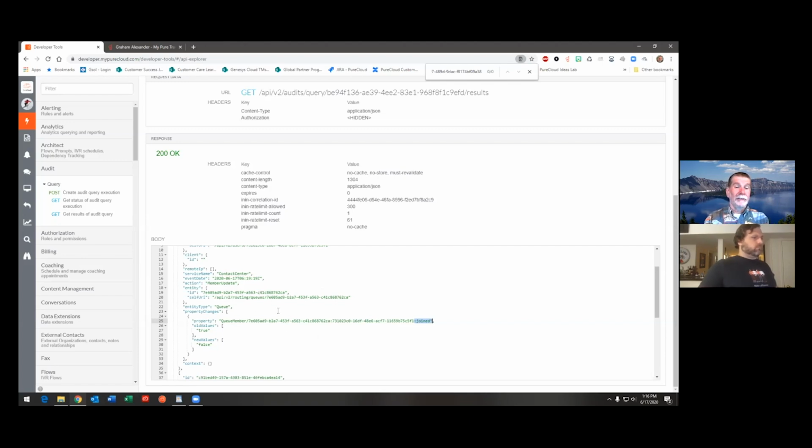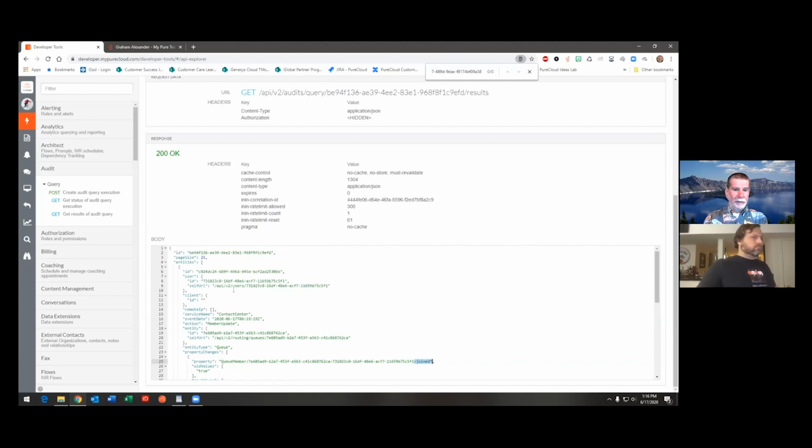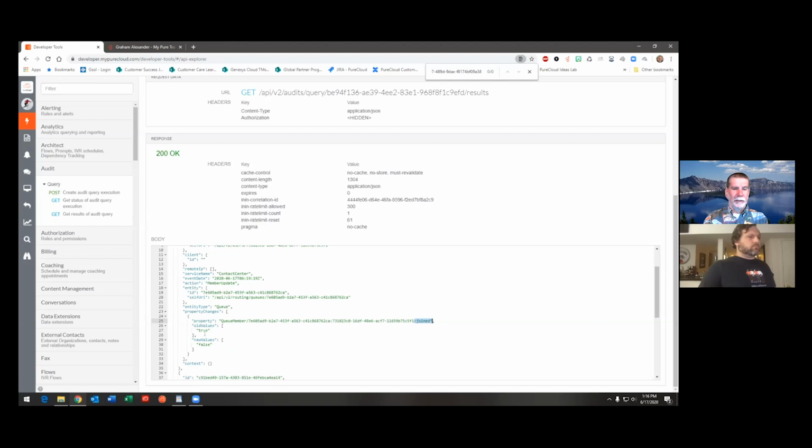And in this case, the ID, the entity that it was acted upon, is the same ID as the user ID we copied from up above. So that makes it easy. Yeah, this user right here, ID number, changed the activation of this person down here, which is himself.